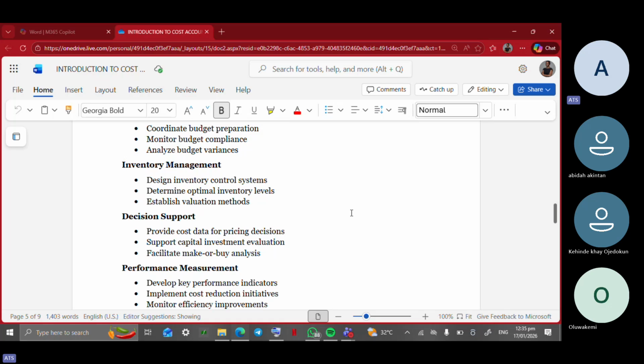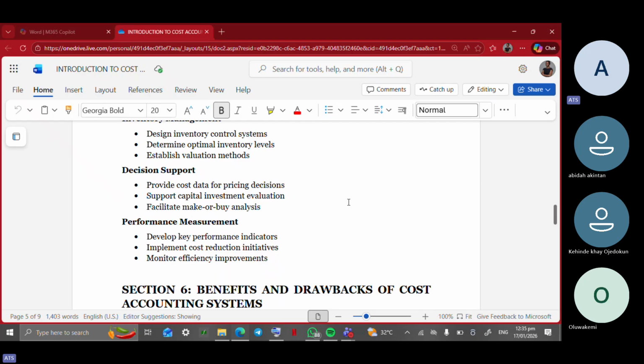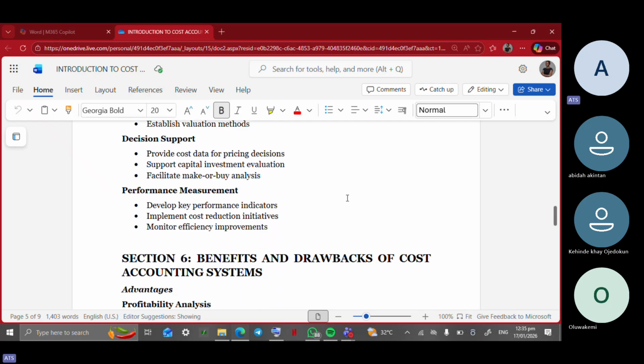It's a cost accountant that will design when it is best to buy, that will decide the optimal level of inventory to keep at the time. Now, a cost accountant also helps with decision support, as I have mentioned earlier, and a cost accountant helps